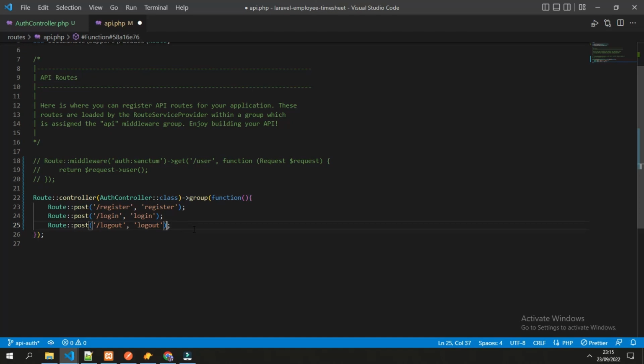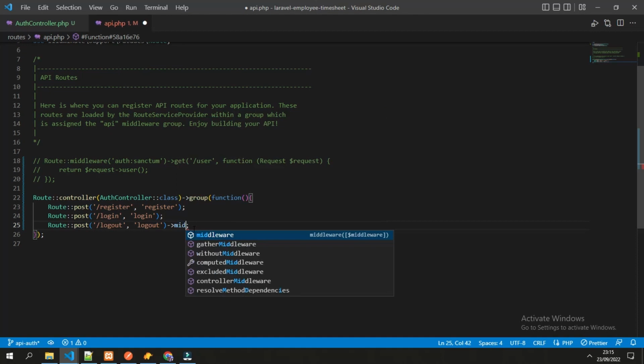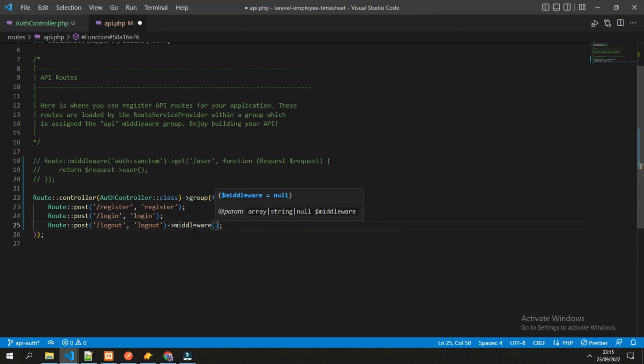So we will add a middleware in here, and we specify the name of the middleware, which is auth:sanctum, and that's it. You can try the logout API.